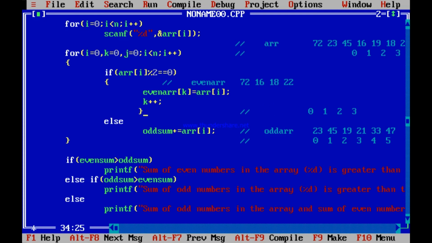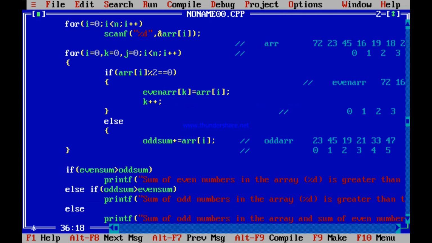So say in this example, anyway, so this is K plus plus. Again, over here you check. Suppose I take over here odd sum. Where will I put it? I will put it in odd array, but in the Jth position.